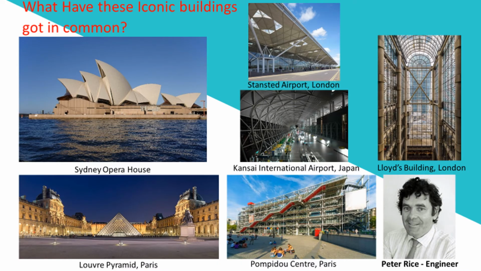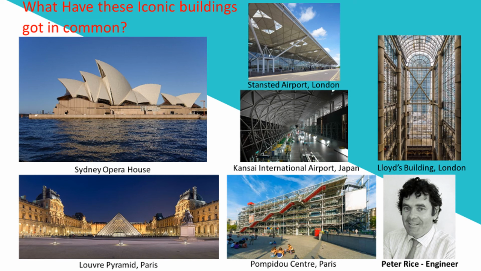And to finish, boys, here we have a number of iconic buildings. What have they got in common? The Sydney Opera House, the Louvre in Paris, the Pompidou Centre, the Lloyd's Building in London. Well, the common connection is a young man from Dundalk called Peter Rice, a structural engineer. Peter studied civil engineering at Queen's. He collaborated with